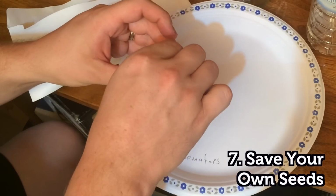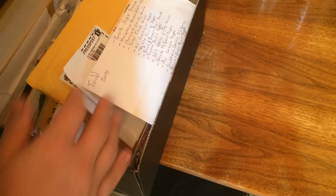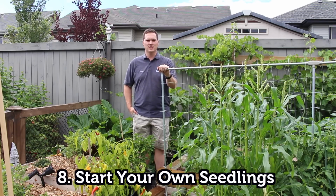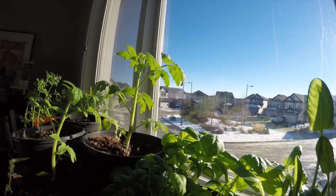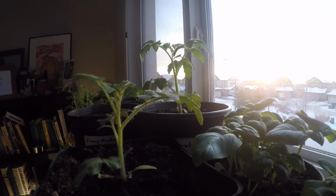Saving seeds and participating in seed swaps can build you a large library of seeds that often does not have to cost you very much, if anything at all. Once you have your seeds, you can often start your own seedlings for a fraction of the cost of purchasing them. If you have a south or southwest facing window, you can use the seeds that you've saved in the garden along with recycled containers filled with bulk potting soil to start your own seedlings, often at a cost of